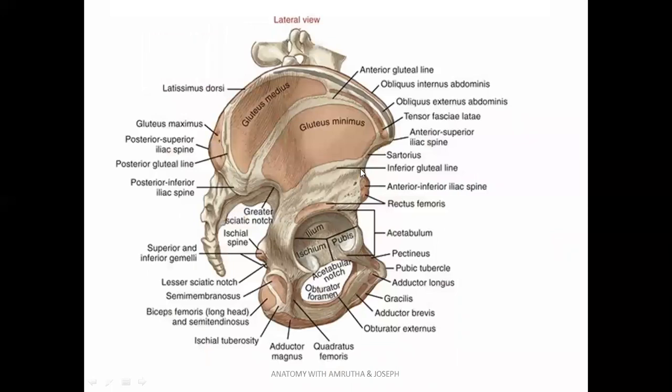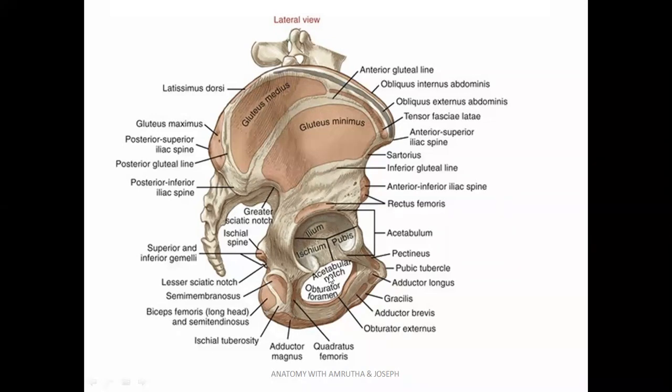Yeah, this is how it looks in the lateral aspect, where we can see the hip bone. This is the right side hip bone, lateral outer aspect. It gives a lot of attachments to different muscles, ligaments, and so on. But I'll not talk about the muscles now. I'll be talking about the features. As you can see here, the iliac crest, anterior superior iliac spine, anterior inferior iliac spine, the acetabulum, the body of the pubis having the superior ramus and inferior ramus articulating with the ramus of the ischium. This is the ischium, forming the conjoined ischiopubic ramus.